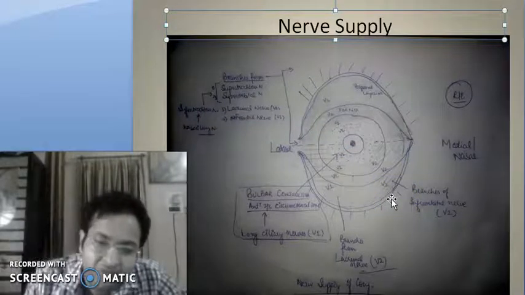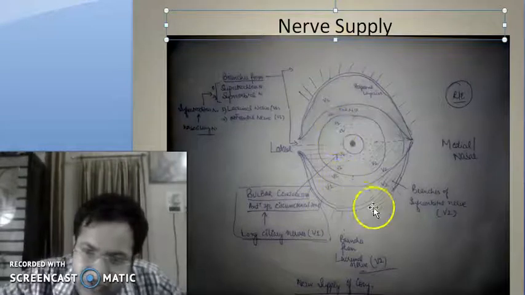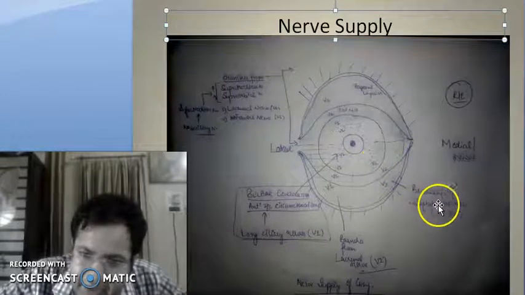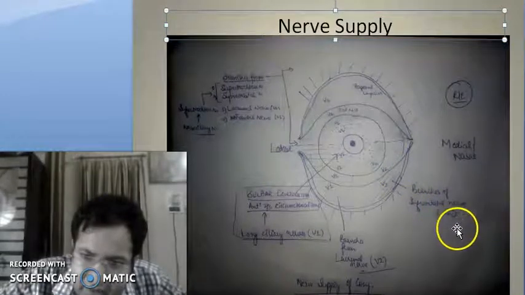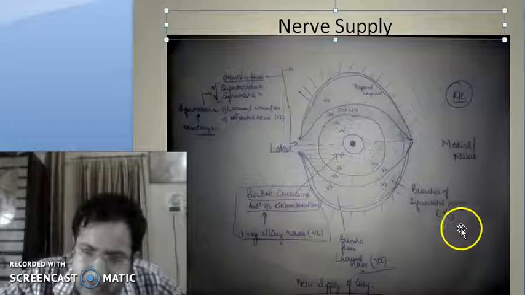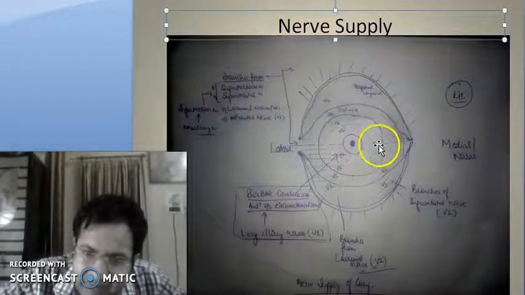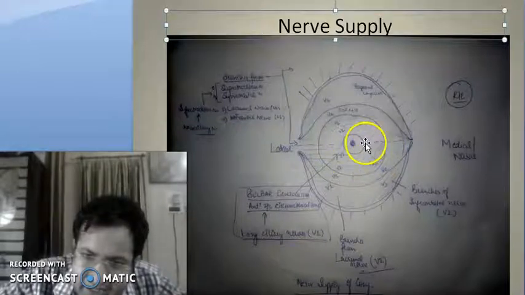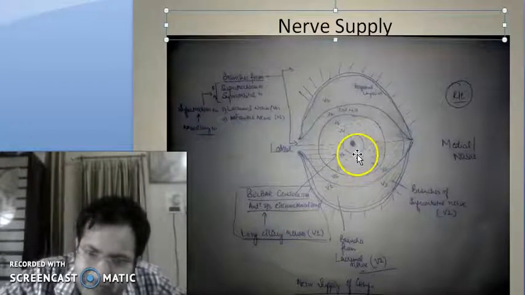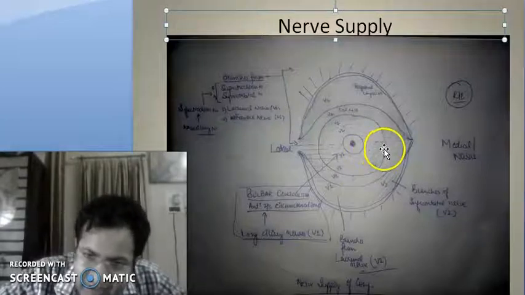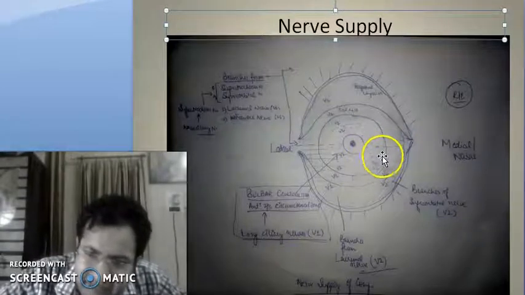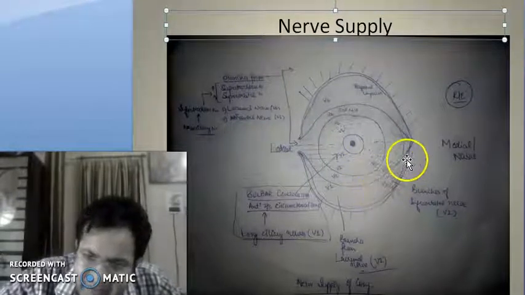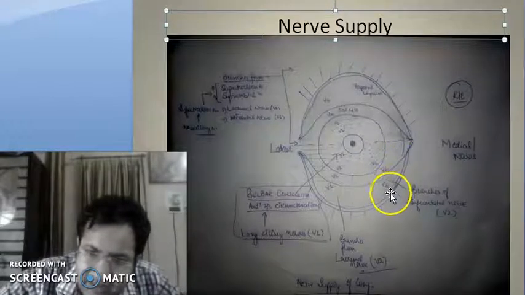And which nerve supplies this portion of the conjunctiva? This is supplied by the branches of the infraorbital nerve. The exception in this area is the anterior two-thirds circumcorneal zone of the bulbar conjunctiva, which is also supplied by the V1 division only. The V2 supplies the peripheral one-third of the bulbar conjunctiva, the fornix, and the palpebral conjunctiva of the infero-medial nasal conjunctiva.